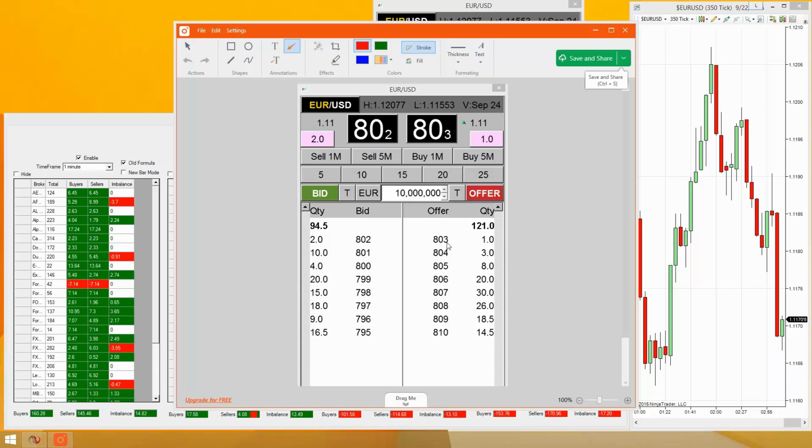And on the offers, what you have is these prices with the volume attached to it. A couple of times a day, I give you guys bids and offer levels. These are the major volumes that I see on my book. Most of you guys know that sometimes they're dead accurate to the pip.